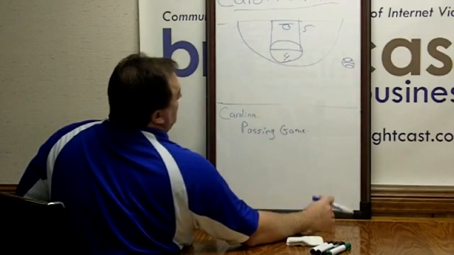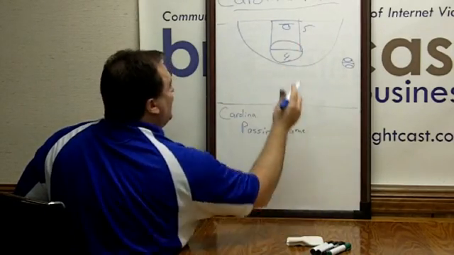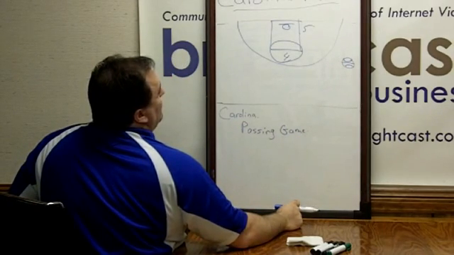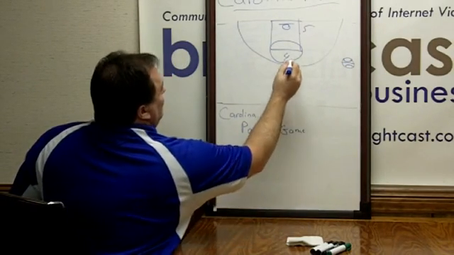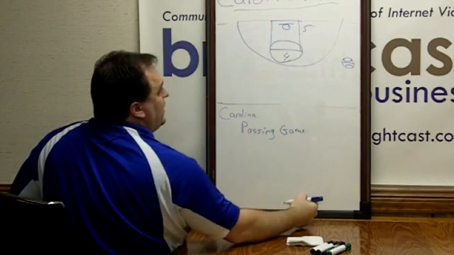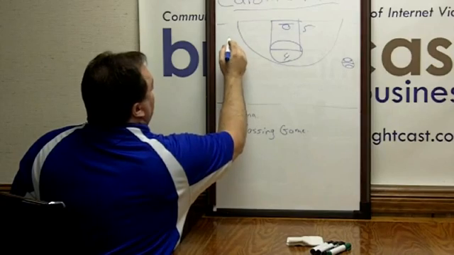So both of you are demanding the ball inside. We're going to be an inside-out team. So what that means is these guys have to really want the ball in the post, and they have to want to be good scorers in the post. But it also means that the perimeter guys